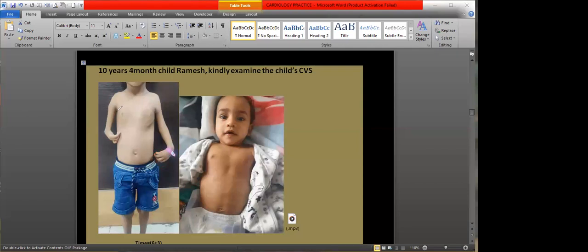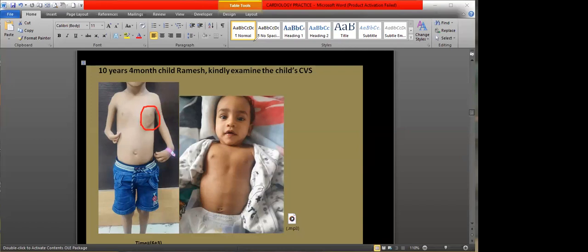But the most important finding here is the limb length discrepancy as a whole, because the distal part is short, right? If you ask the child to raise both hands together, you will find that one limb is larger than the other. That is the finding that you need to pick up and add in your presentation. Along with this, the bony abnormality and this limb length discrepancy. Apart from this, there was no such gross dysmorphism. But if you see the left side, you rightly picked up, there is some bulging definitely there.